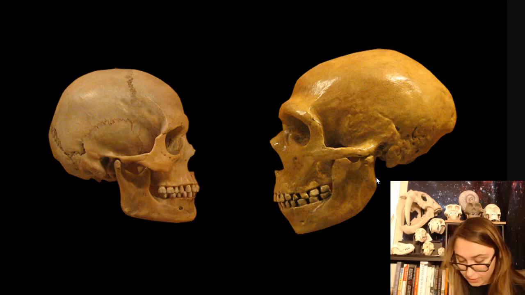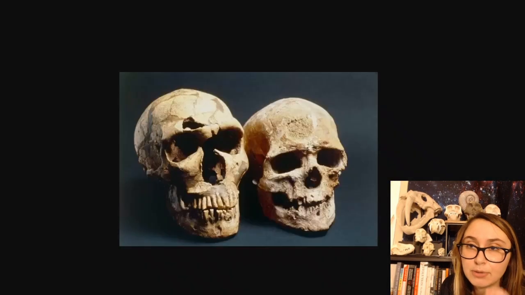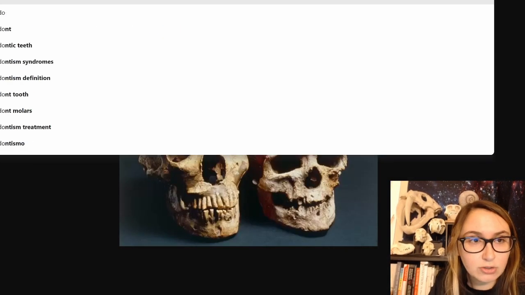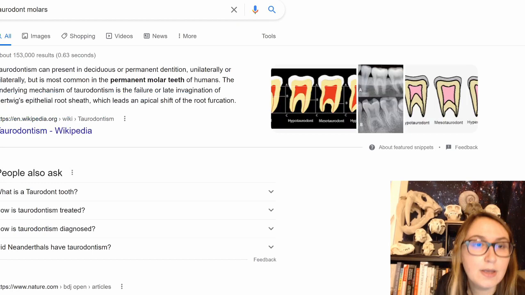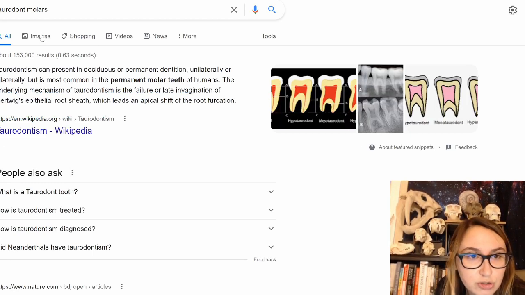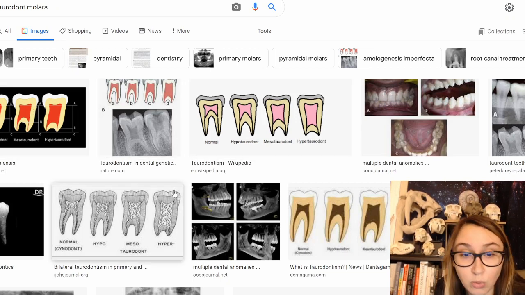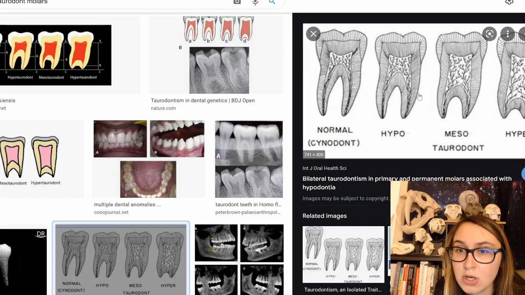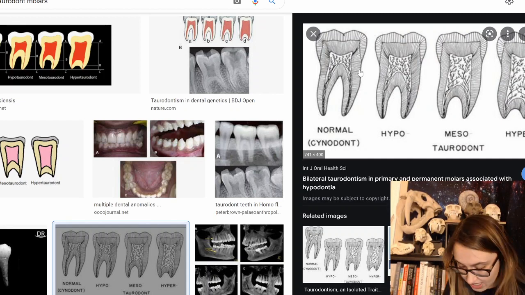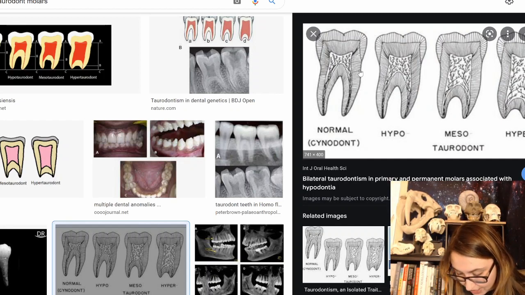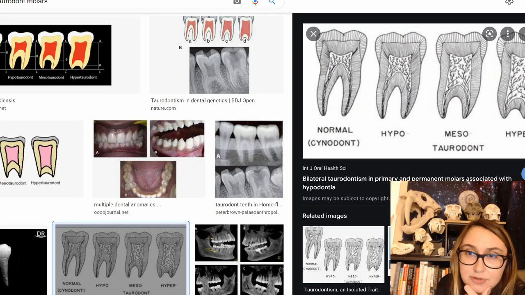The teeth. Whew, oh boy. They have taurodont molars. Let me see if I can pull up a taurodont molar for you here. So they have taurodont molars, which just suggests that they've got this big, heavy pulp cavity that kind of comes down, and only Neanderthals have this. So taurodont molars would be like over here. Humans have these little cynodont molars with these big, tall roots of the teeth. They also have hypocone expansion of the molars. That just means their cusping is a little bit different. And I already talked about the beveled wear and the shovel-shaped incisors.